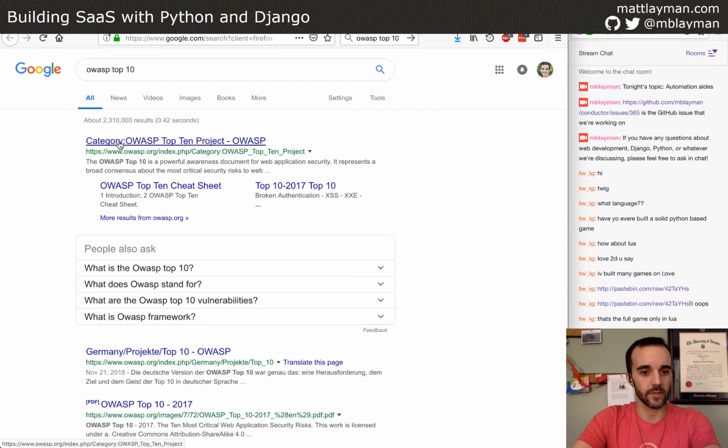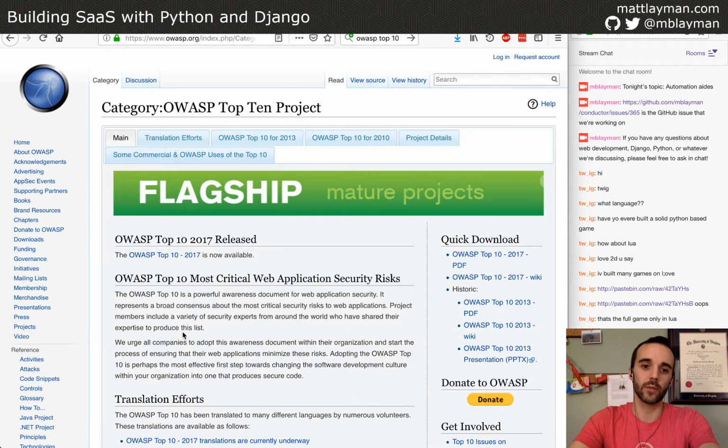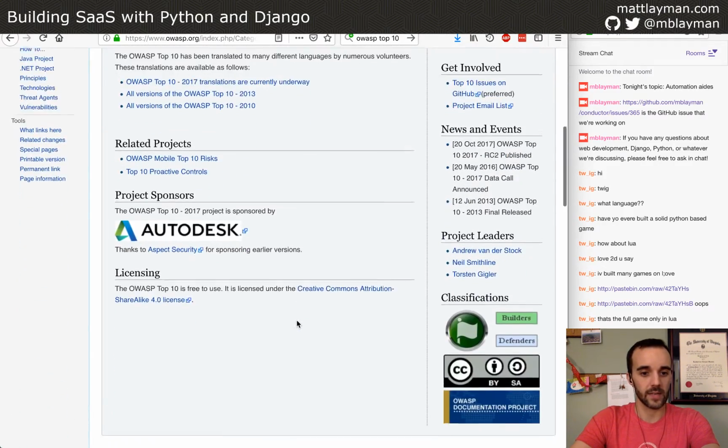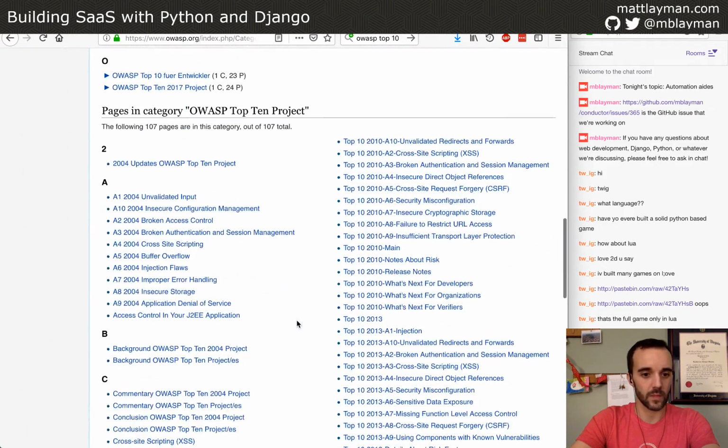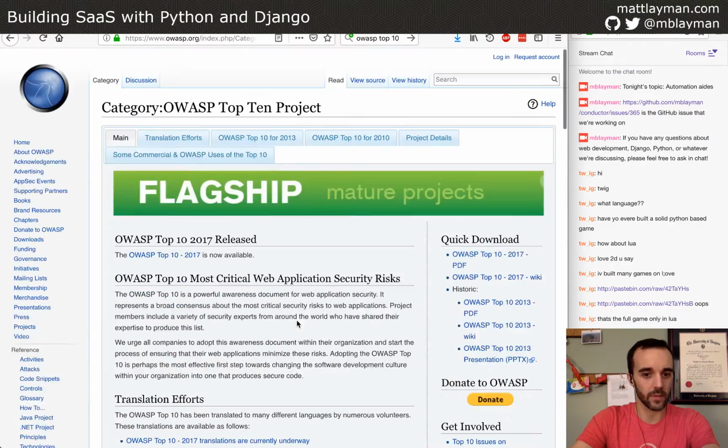This is a very well-known thing for lots of web developers. It will teach you about the most important security things that you need to consider when doing web application development. Here we go, the OWASP top 10 most critical web application security risks. And this is maybe not the right page. Let's find the real page.